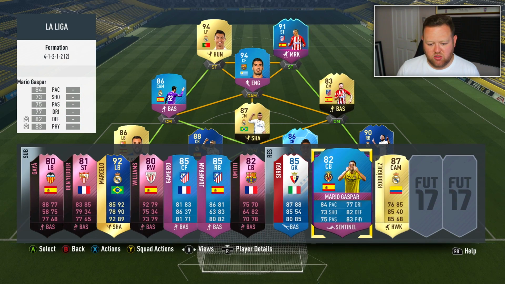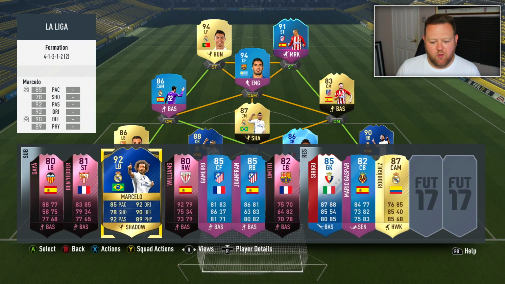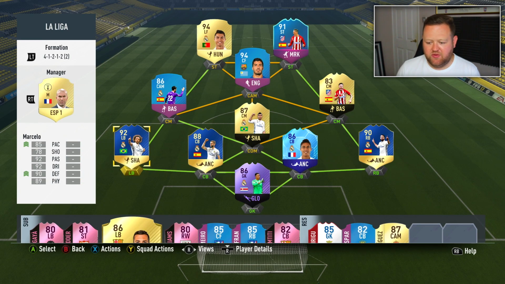Probably bring Saul on, maybe. We'll bring Marcelo in for Jordi Alba. That's how I could play with this team. That's a much nicer squad right there. I knew I had them in my club. I just needed to move them all around a little bit. So,